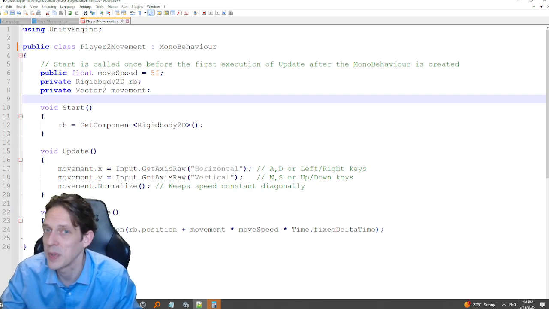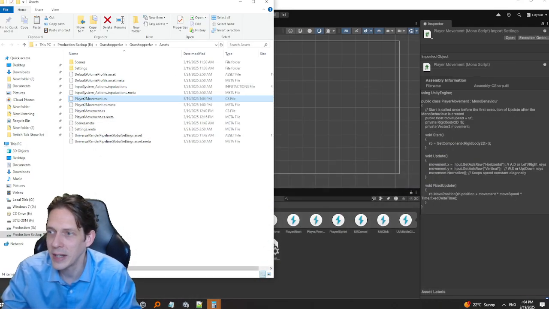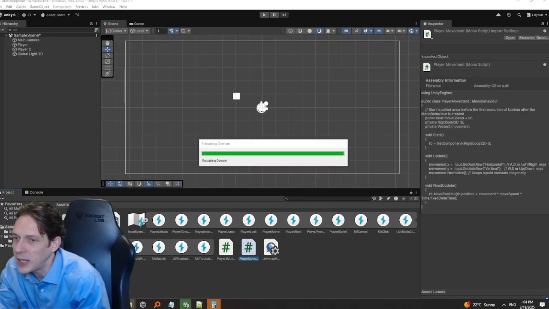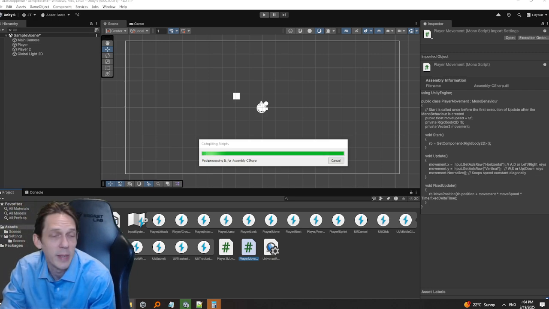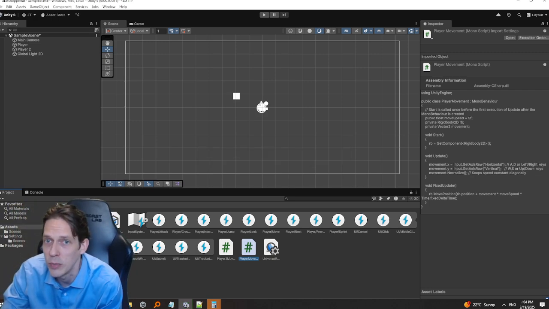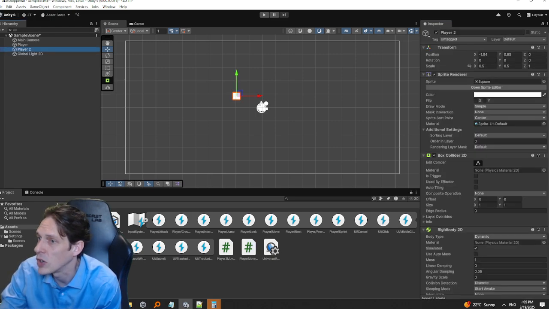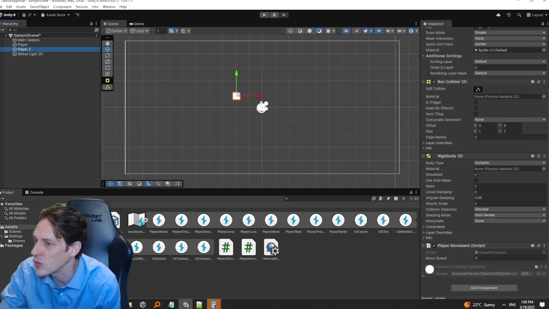Yes. Simple as that. Okay. Now we go back, and our duplicated player 2 should be connected to player 1 movement, but we need to connect that to player 2 movement, and it should still run together if we do it right, if it's correct. So let's see. Let's get this script changed.